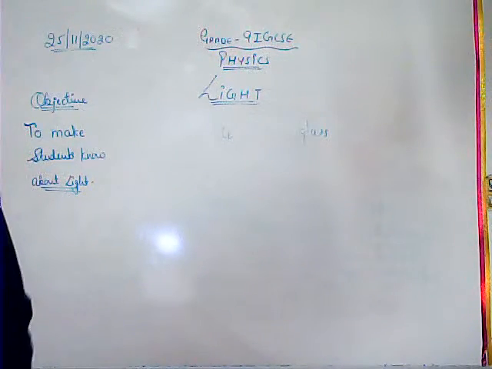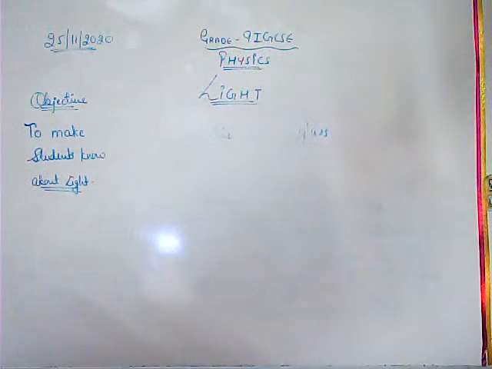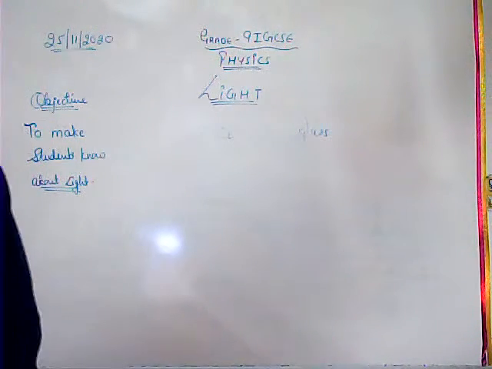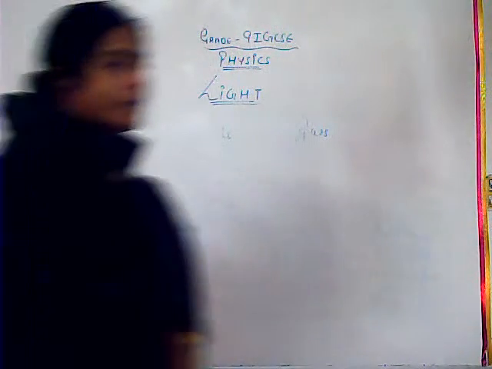ओके, the light wave slows down when they travel from air to glass. When they are at an angle to the glass, the light ray bend towards the normal as they enter the glass. When the light ray travel out of the glass into the air, their speed increases and they bend away from the normal. Please you can underline this.